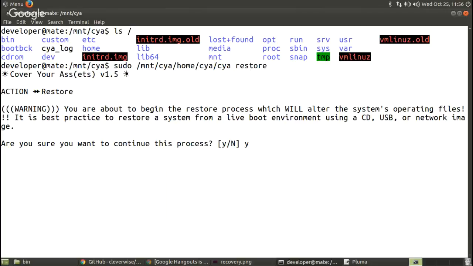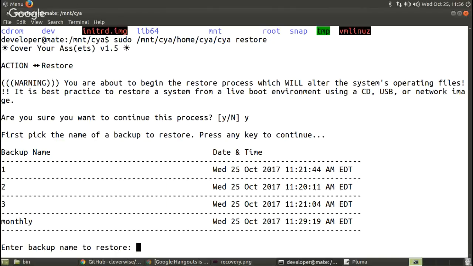We're going to answer Y. Anything else is considered a no, and it dumps you back out. And then you'd have to simply rerun that command up there, this sudo, which it does print out in the recovery script for you. So the first thing we have to do, after answering Y, is pick the name of the backup to restore. So I'm going to press any key, and it shows us our available